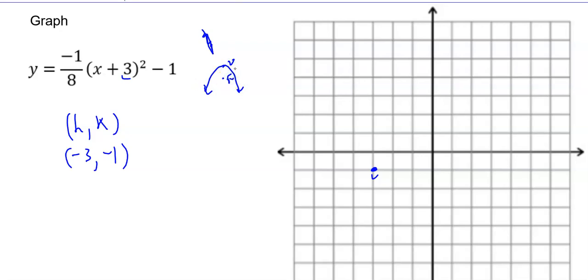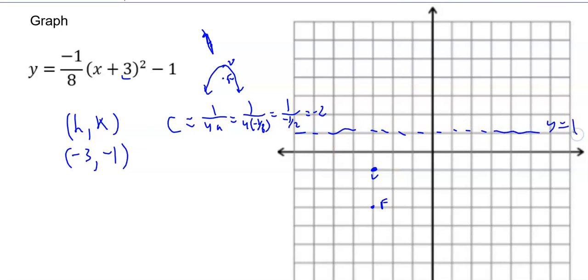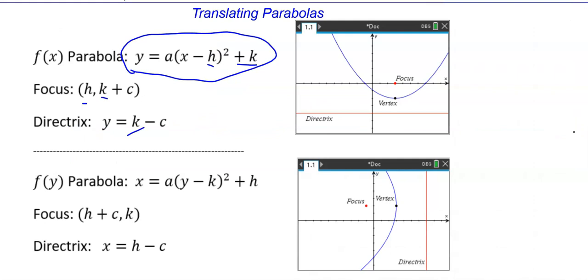So you need to go a distance of c. So c in a parabola is 1 over 4a. So 1 over 4 times -1/8, which would be 1 over -1/2, which is -2. So we go 2 down to get my focus point, 2 up to get my directrix. So y equals 1. If you'd rather use the formulas, the formula for focus is h comma k plus